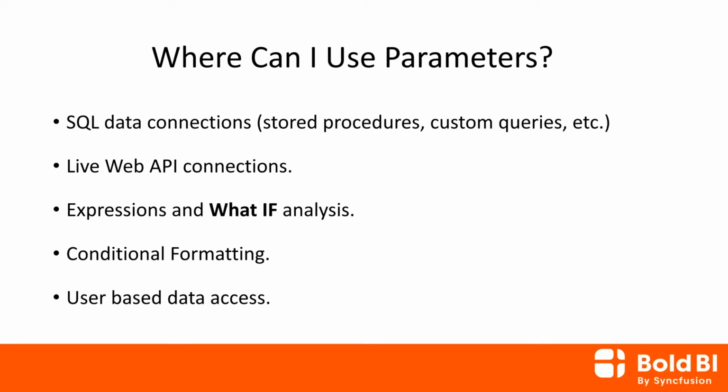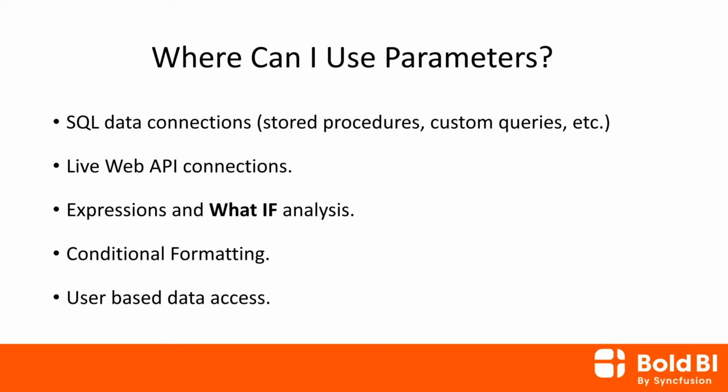So where are the places where I can use the parameters? So first thing is when you're using SQL connections, you can use parameters to replace static values in your stored procedures. So when you use a parameterized stored procedure where you need to pass an input value to execute the query, so far in Bolt BI as well, we use only a static value. But if the user needs to change the value for a different user or for different cases, they need to re-edit the data source again and input a different value. But now using the parameter, you can just change the parameter for the stored procedure in the viewer itself.